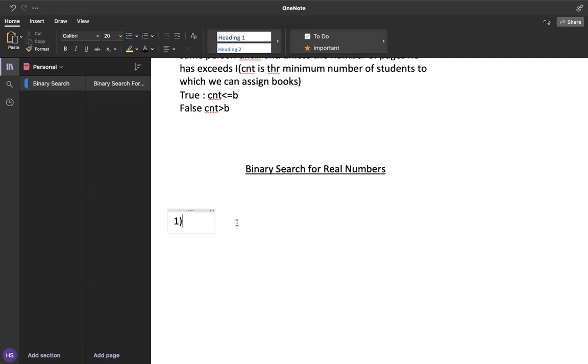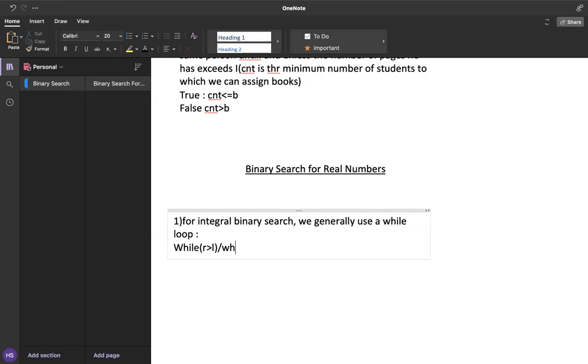For integral binary search, we generally use a while loop like this: while r is greater than L, or while r is greater than L plus 1, or something like that.